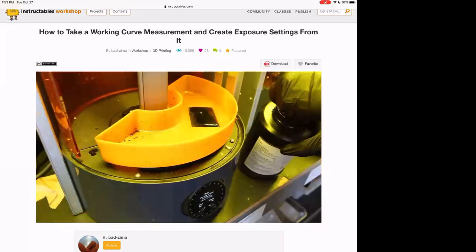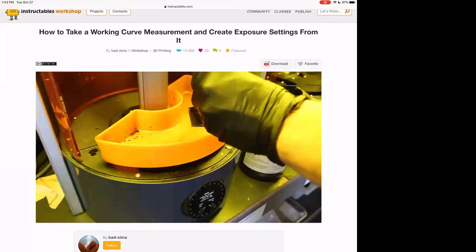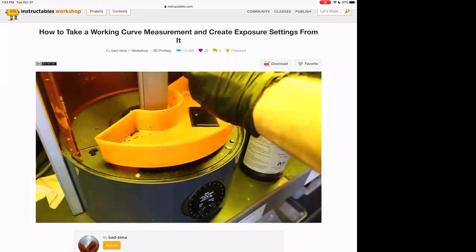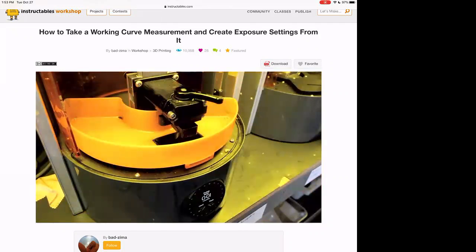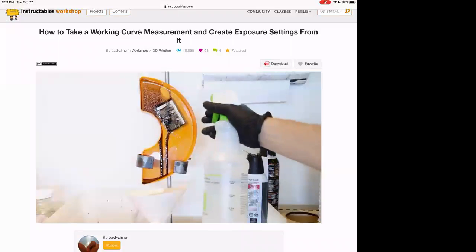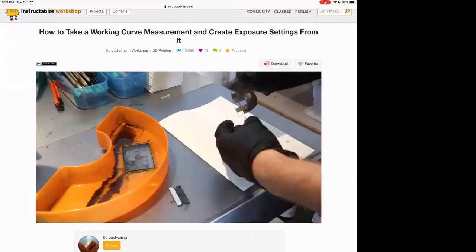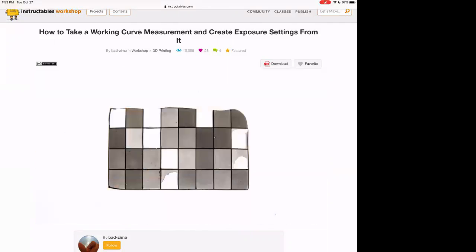Simply pipette a layer of resin directly onto the PDMS window. Also, the tray does not rotate between layers, and we do not use a build head. Then we run the print file, which only takes a little over a minute. After the print is complete, we wash off the uncured resin and are left with a thin film with distinct